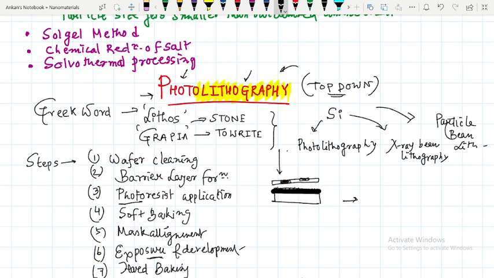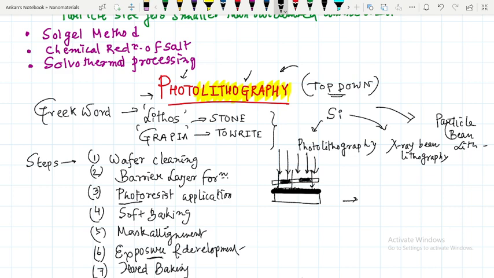So exposure to radiation takes place like this, and mask aligner plays the role where we want to use the photoresist property. These regions are blocked from the radiation, so the light cannot pass through these regions, but through the non-shaded region the light can pass through. And depending upon the property of reacting to the UV radiation, the photoresist